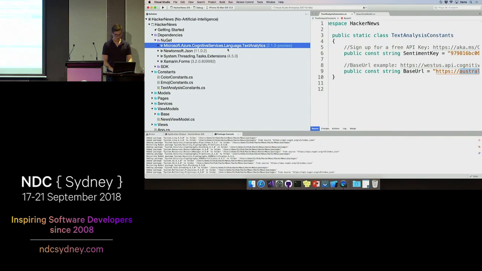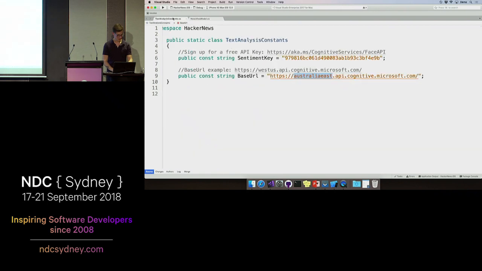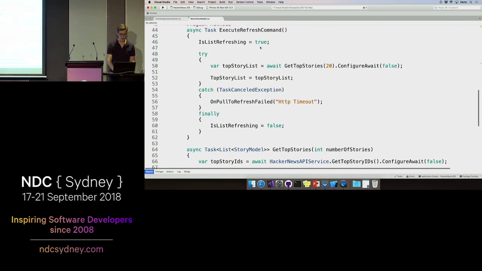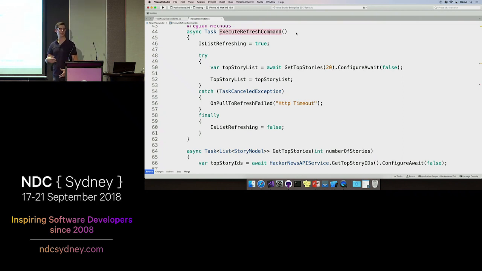So let's jump over to, let me make sure I copied that in. Yep, that looks good. All right, so here is the code that runs when I do a pull to refresh. So on that Hacker News app, anytime I pull to refresh or anytime the app launches, it executes this execute refresh command method.